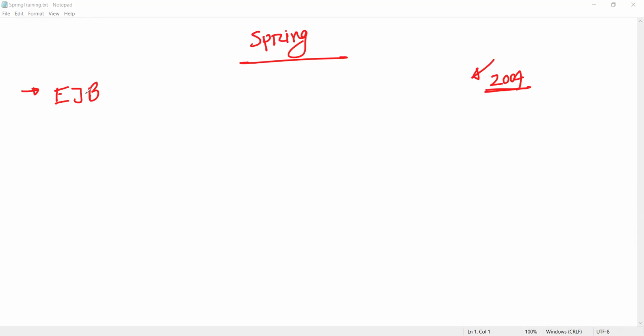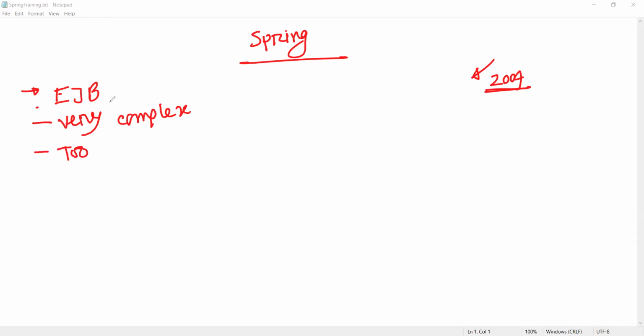So what is the problem with working with EJB? First of all, EJB was very complex, yes or no? Why complex? Because of the configuration. We are using XML configuration, right?